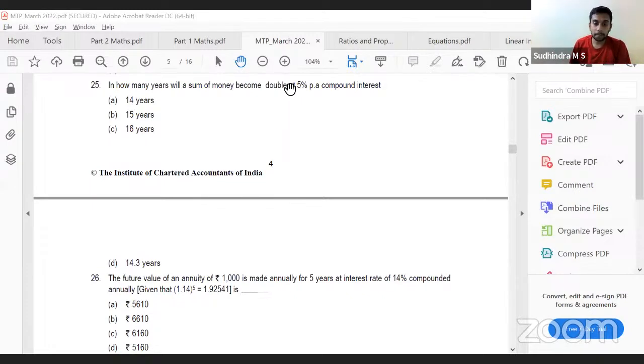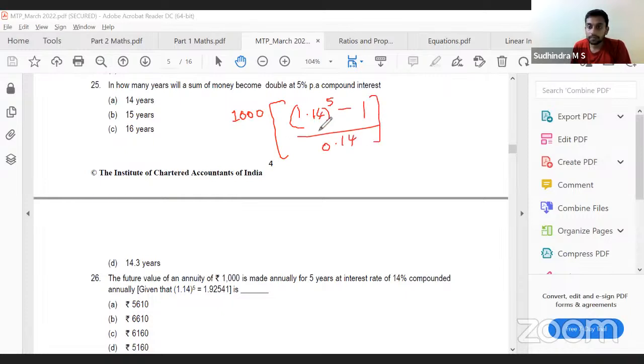6,610. Okay, so is it an annuity regular or an annuity due? Regular. Nothing is specified, so it should be regular. Into 1.14 to the power of 5 minus 1 divided by 0.14. That's all. So simplifying this,